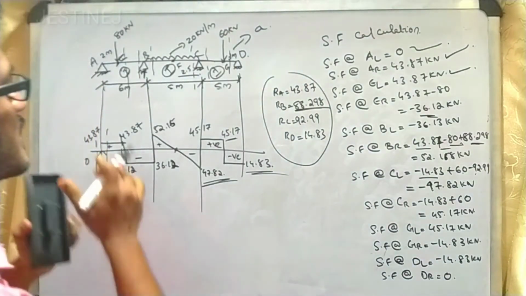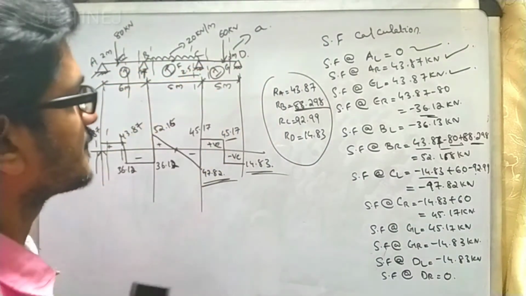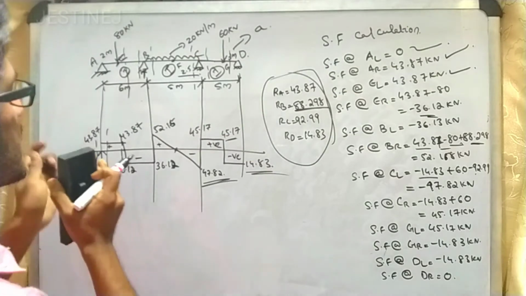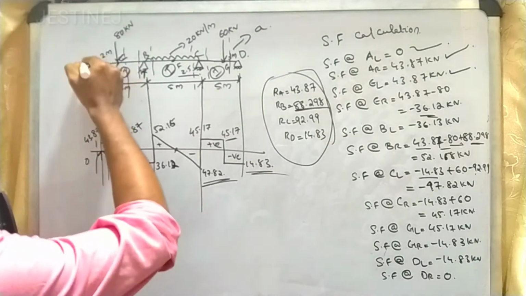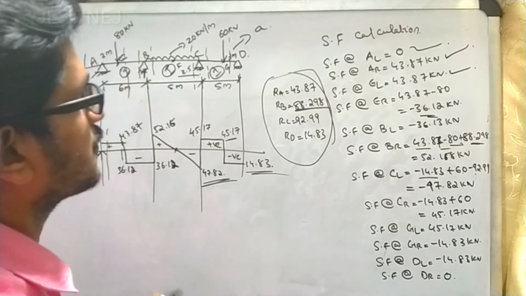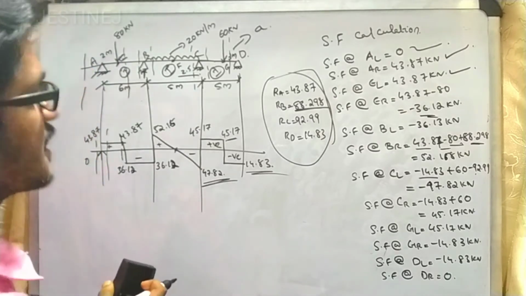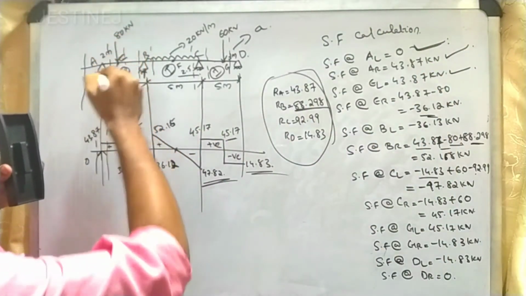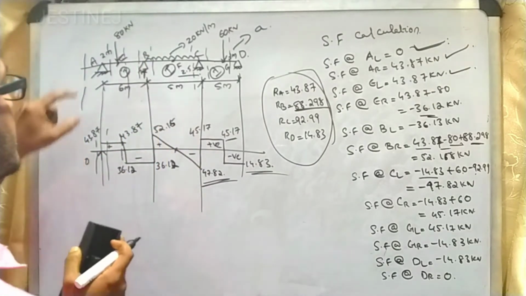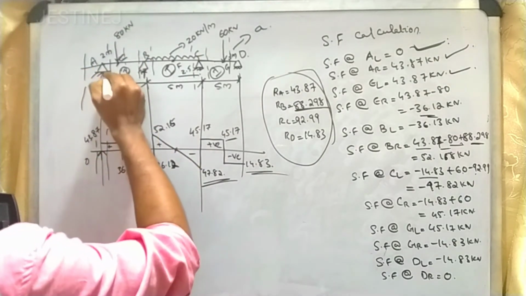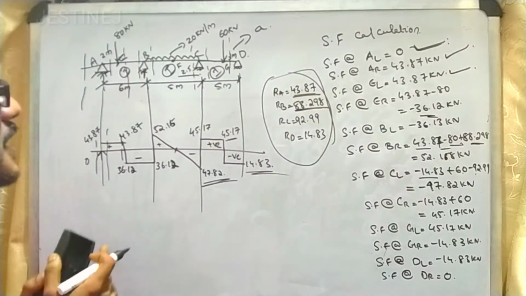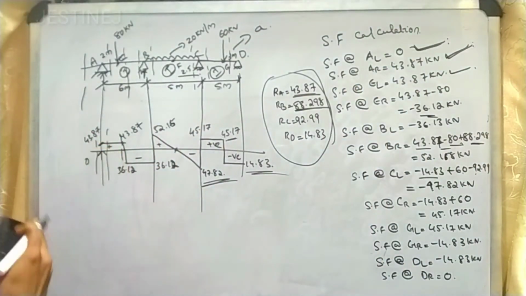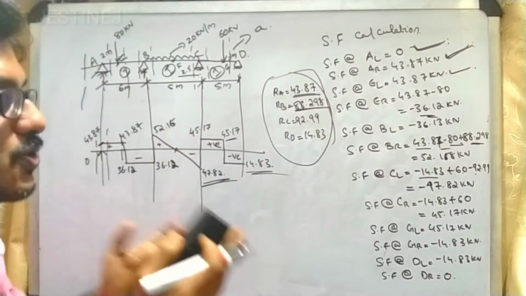So in this case there are four supports given, A, B, C and D, and these are the reaction values. Okay, and if you start from the support A, you have to consider what forces are acting to the left side of this support A. Is there any force here? So the value is obviously going to be 0. And if you are taking a section here to the right of A, then there will be this support reaction, that is 43.87, and according to the sign convention you have to take it as a positive value. Okay, and you can draw also. While determining the values you can start drawing also.